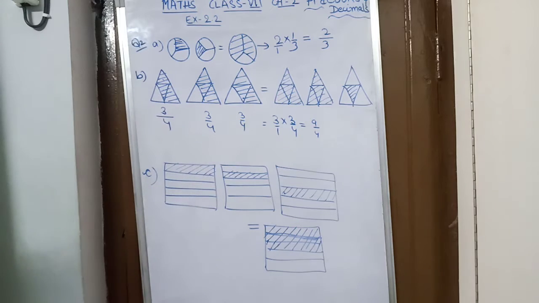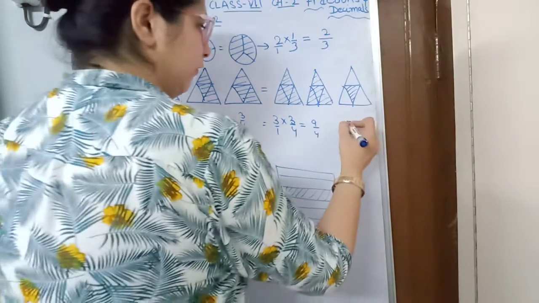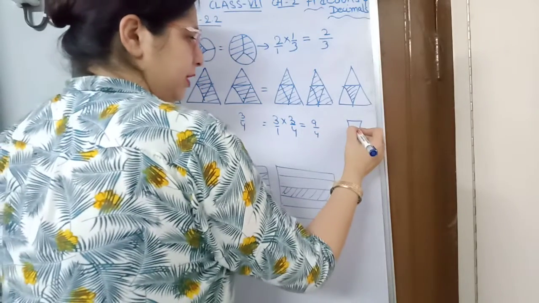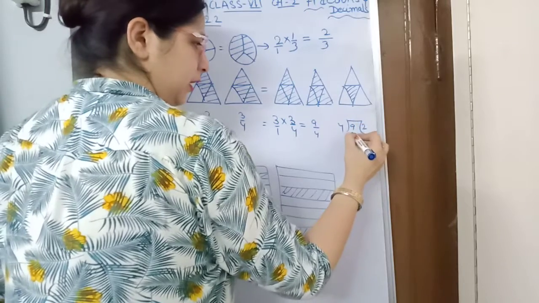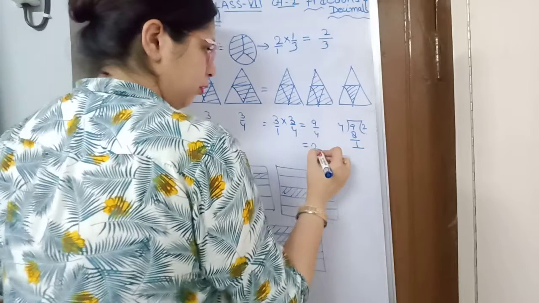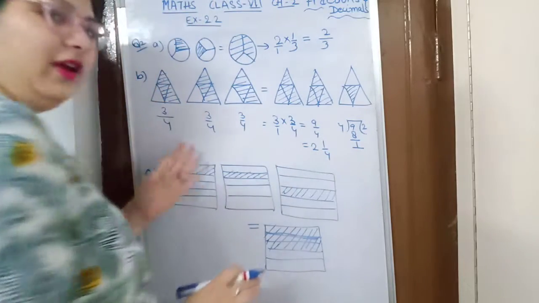Next, what they are saying, now this figure has become an improper fraction na? So we know how to solve improper fraction and how to convert into mixed fraction. So 9 upon 4, 4 1s are 4, 4 2s are 8. So 9 upon 4 will become 2, 1 upon 4. This is the answer. Okay, we have found the answer.